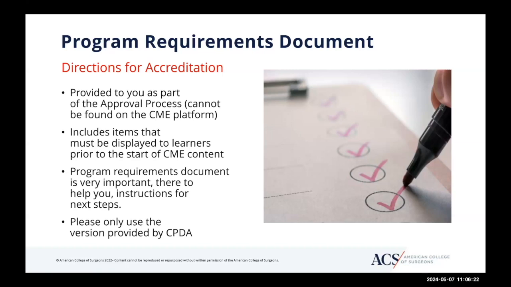So I'm going to move on to the program requirements document. That document is something we discussed also in our last webinar. And I just want to reiterate the importance of the document. It serves as a guide to what's required to be displayed in your program. There are 6 steps in the program, 6 numbers, and we ask that each one that's applicable is applied to